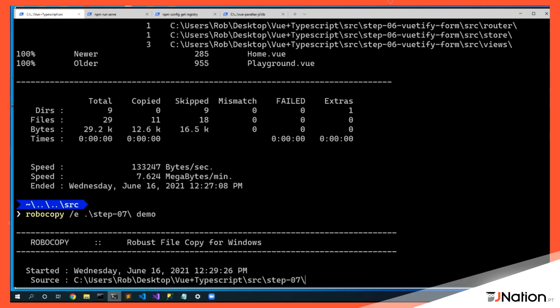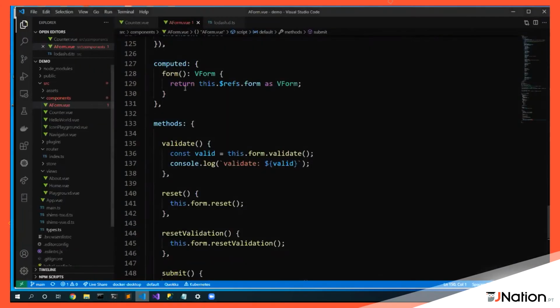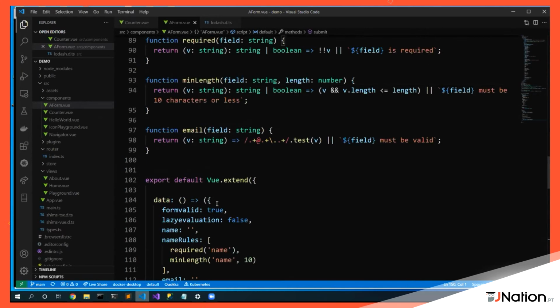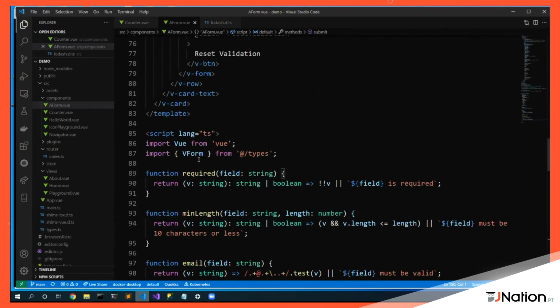So here in step 7, we have this form, and we're saying it is of type vForm. I'm casting it as vForm and returning it so that we get all of these pieces. Scrolling up a little bit, we can see where we import vForm from types. Okay, we've built this types file